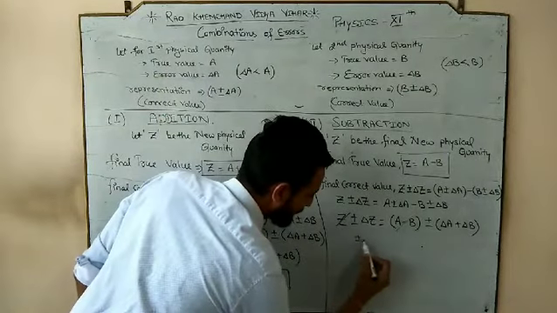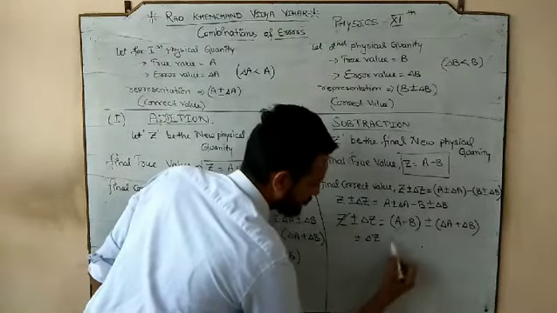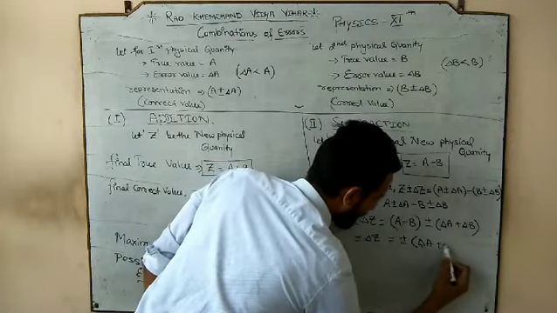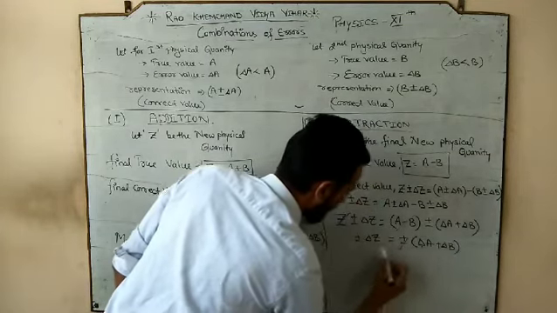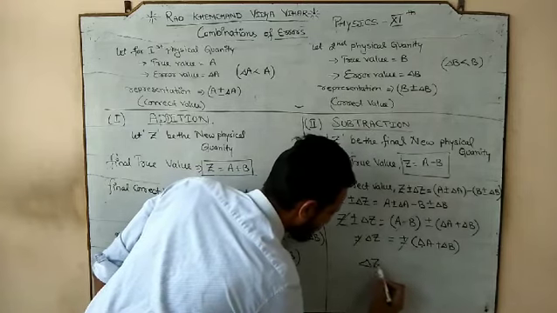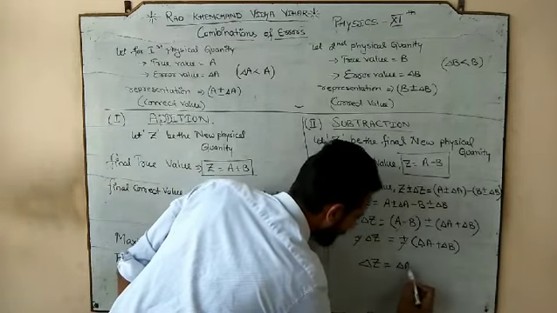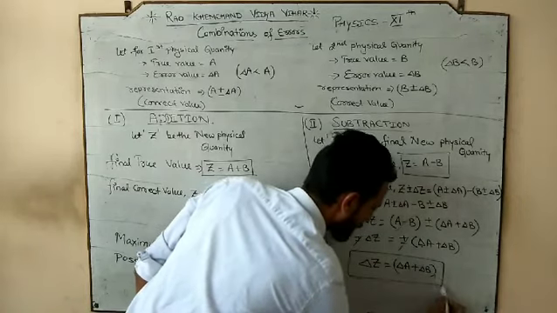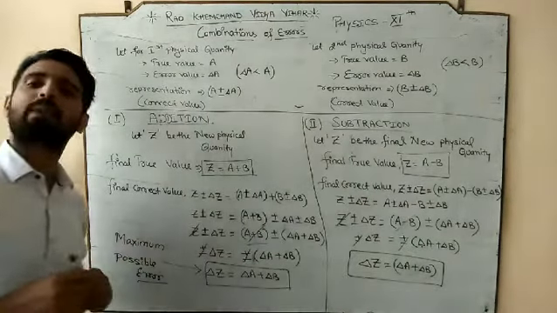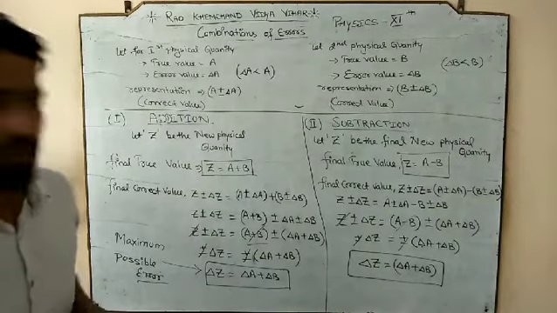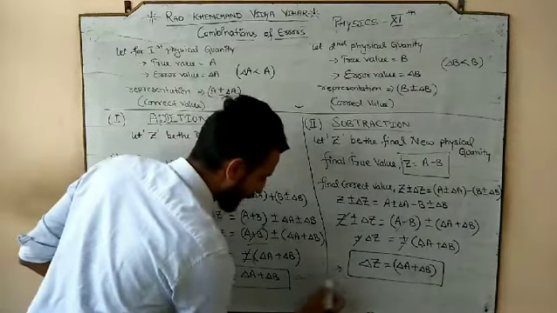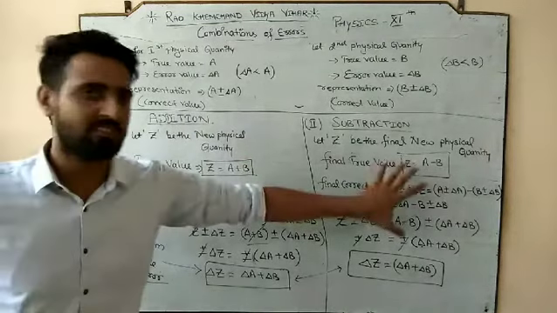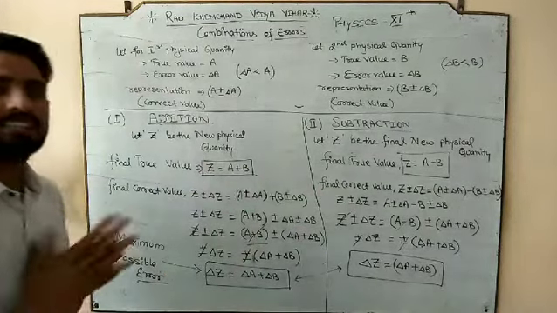And once we discuss that, what is left: plus minus delta z is equal to plus minus delta a plus delta b. And what is the final we got, delta z is equal to delta a plus delta b. And this is the surprising thing that we got. What we got? We got here. That's why I am suggesting that we will perform the subtraction and addition on the same side,